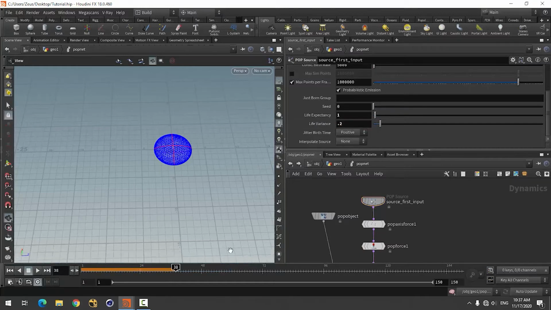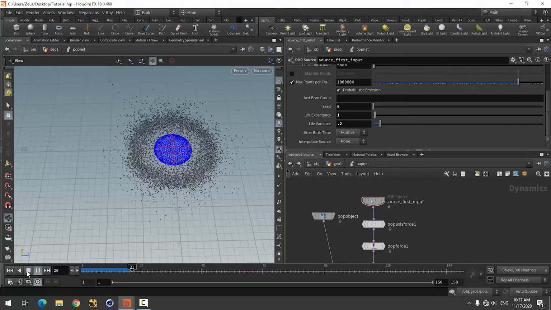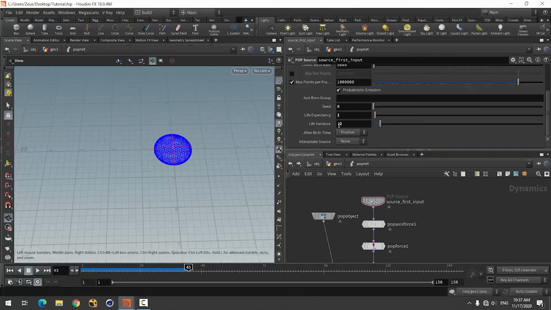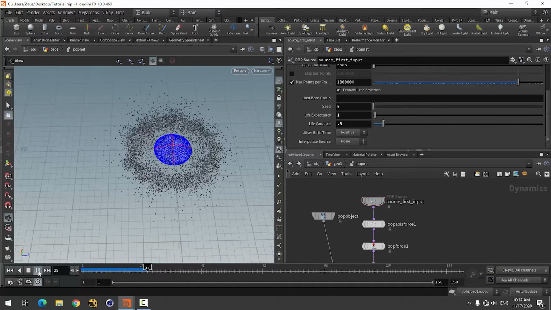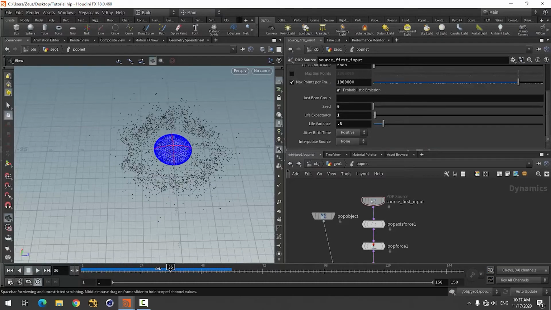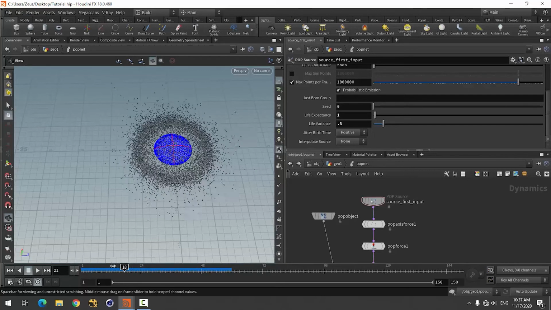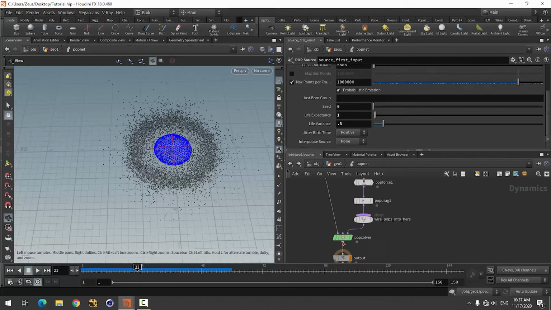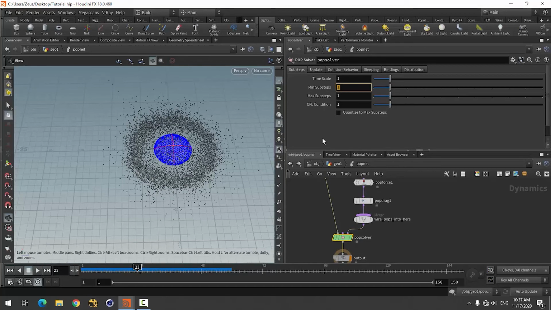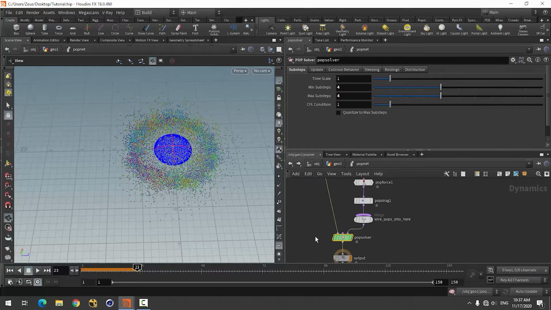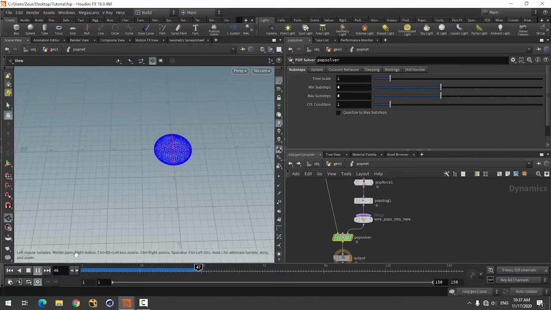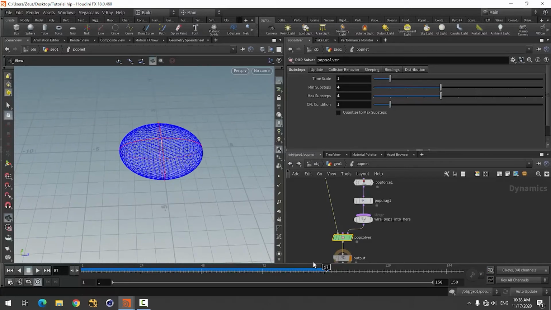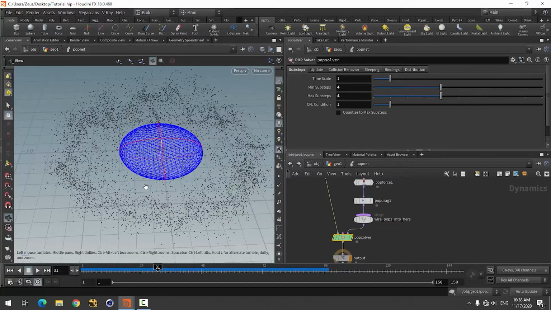Just varying this life. Okay, I think 0.3 will be good. So it will be very fast because we will use little bit higher sub-steps like 4x4. See, now it will. Okay, if you want more speed we can always increase this more, but for this it is enough,